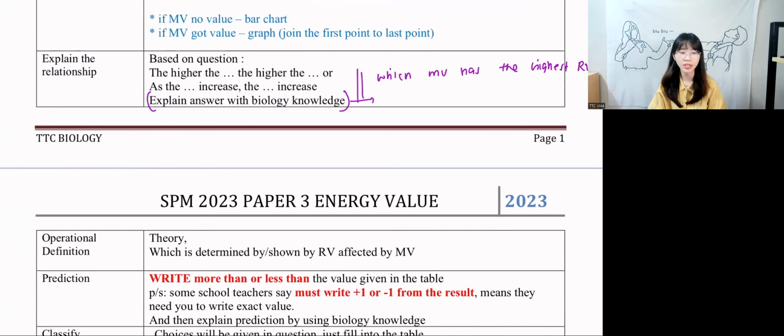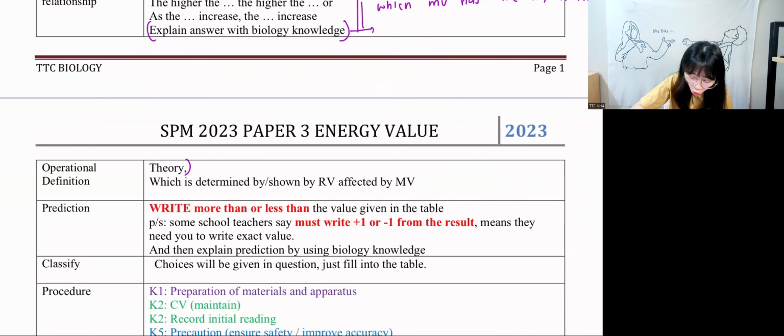Operational definition. This is the most commonly asked question. How to write operational definition? It involves a theory for energy value. So you have to completely burn 1 gram of food, right? That is the theory. And if you don't remember the theory, at least